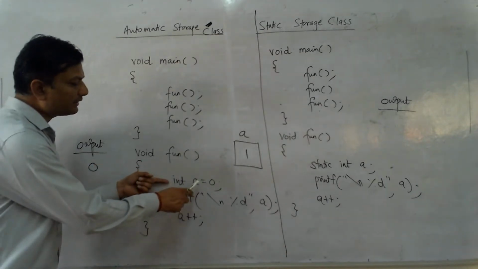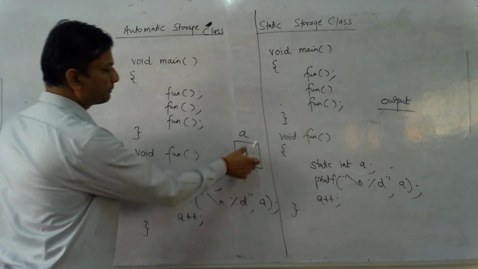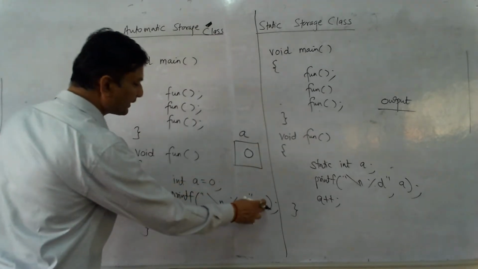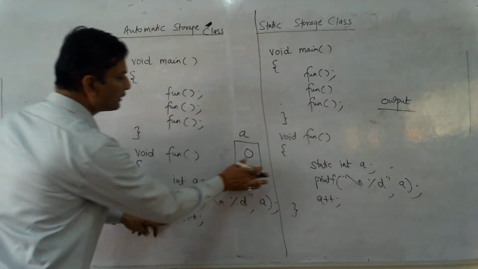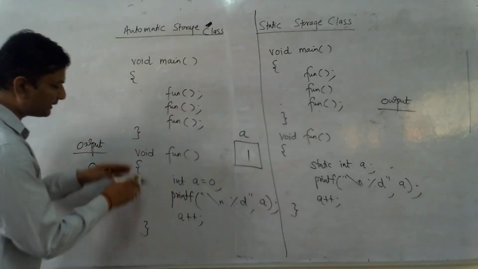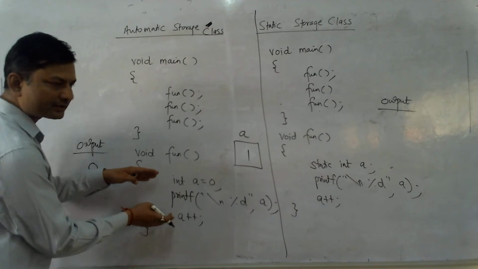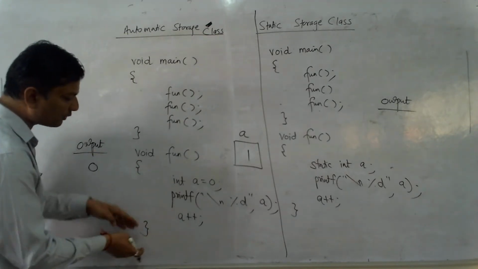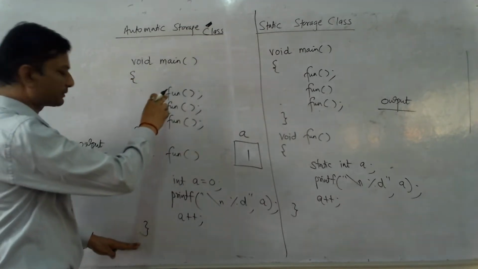So in the first line, variable a occupies space in memory and puts initial value 0. In the second line, the value of a is displayed as output. In the third line, the value of a is increased by 1. And after the third line, all the statements inside this block execute. So the purpose of this block is fulfilled, and the control returns back to the place from where it jumped.